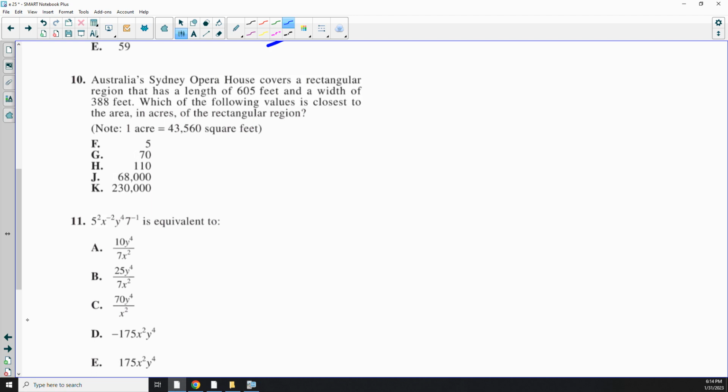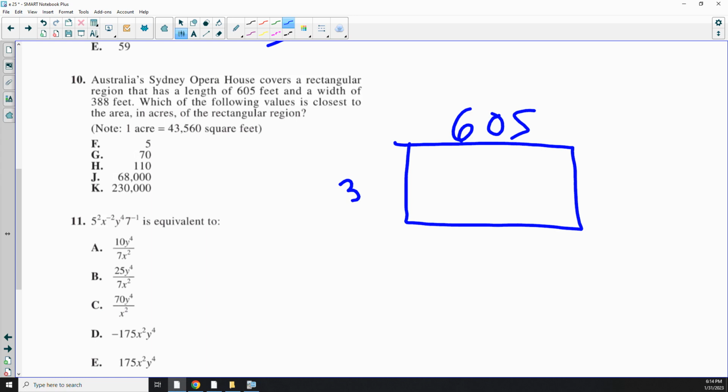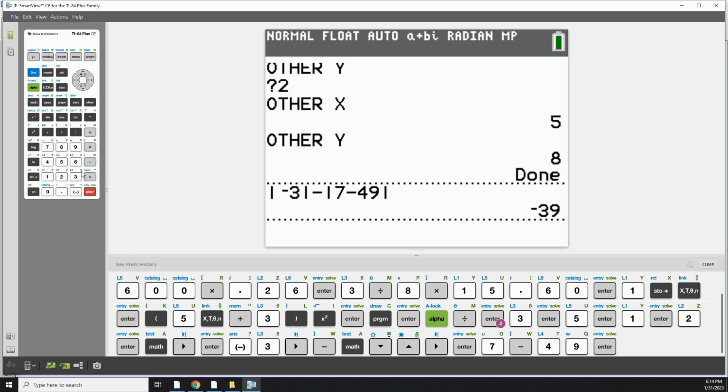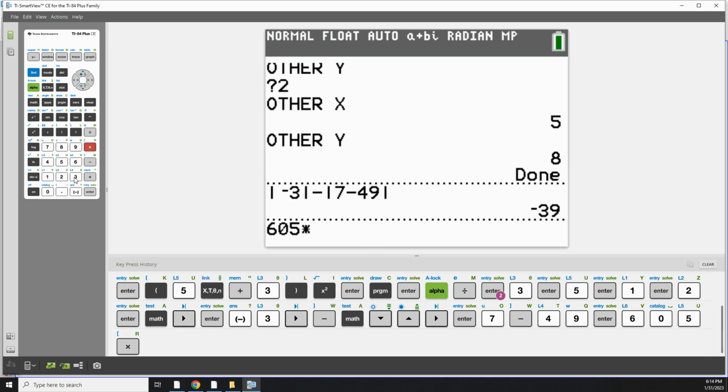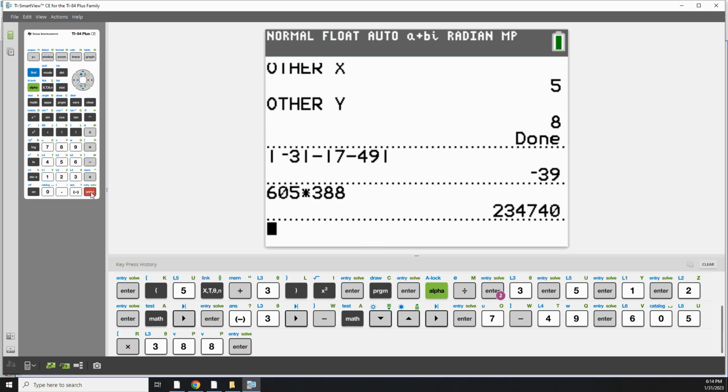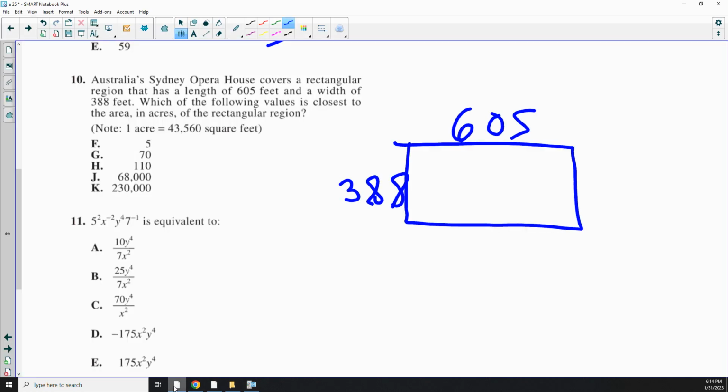Here we go with the Opera House. The rectangular region has a length of 605 and a width of 388. So it's 605 times 388, and you could have used the rectangle program if you wished. And then how many acres? It's